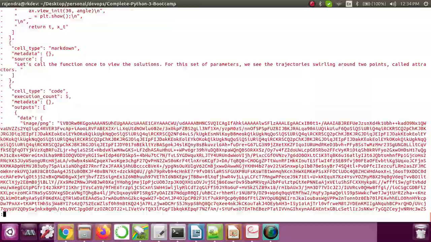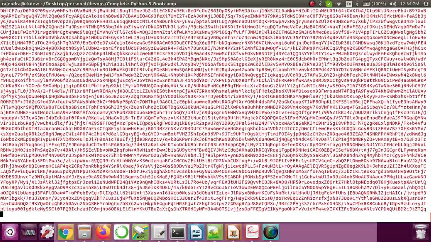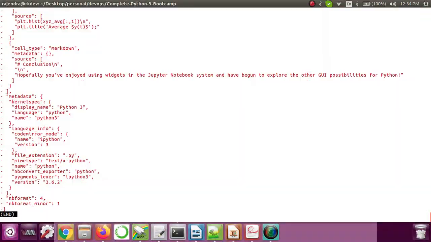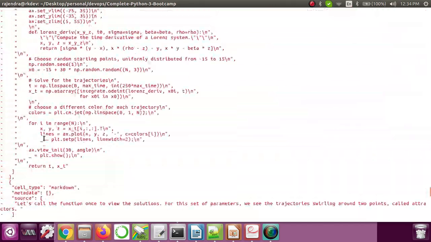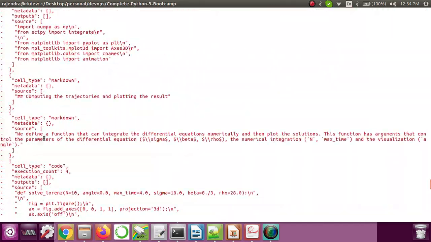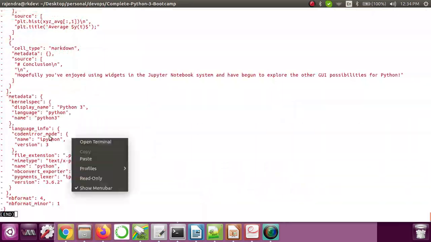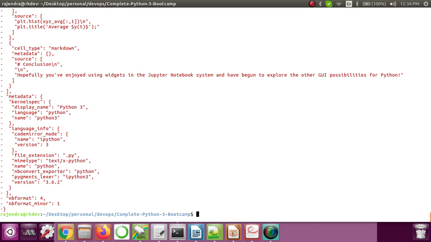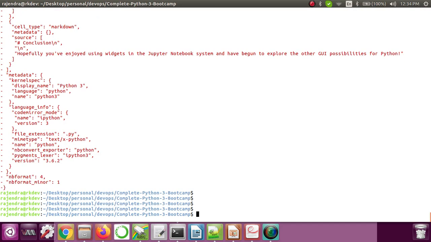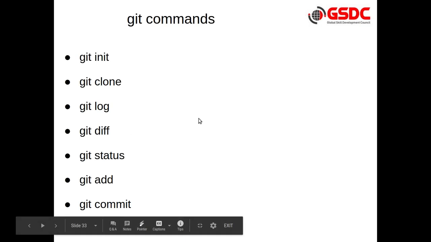Let's see if any new changes got added at the end. So let me go to the end with shift G. I see only the removal happened. Only some files are removed. So all this information you can now see with the help of the git diff command. I hope this is clear. Now let's see the next.